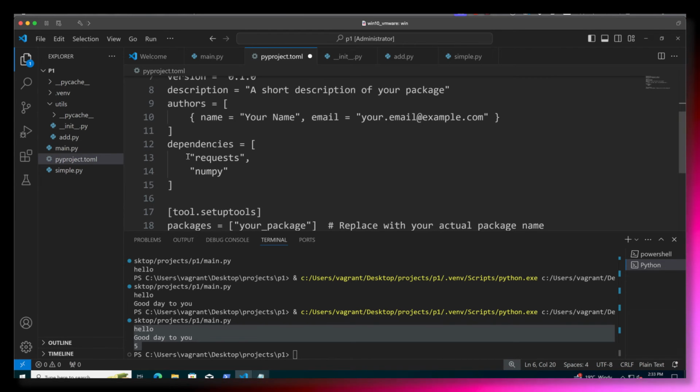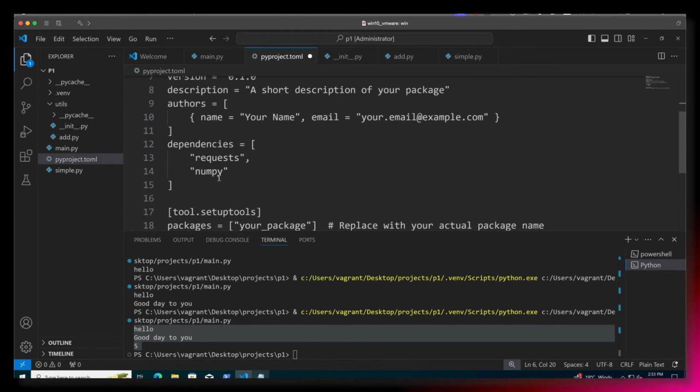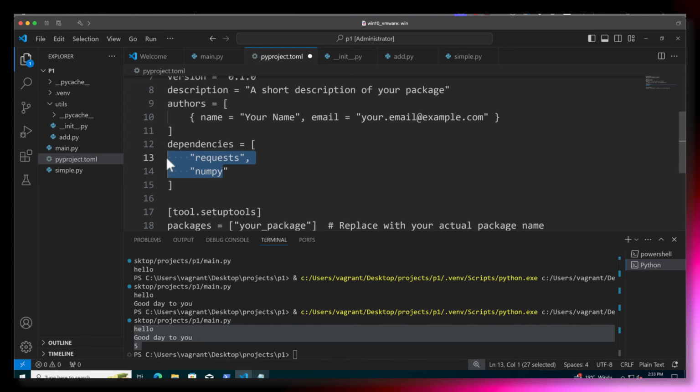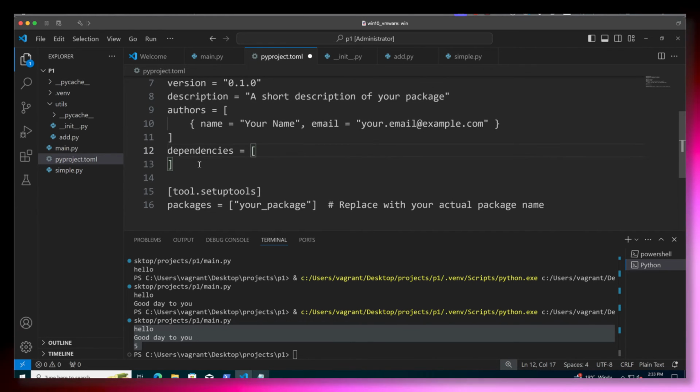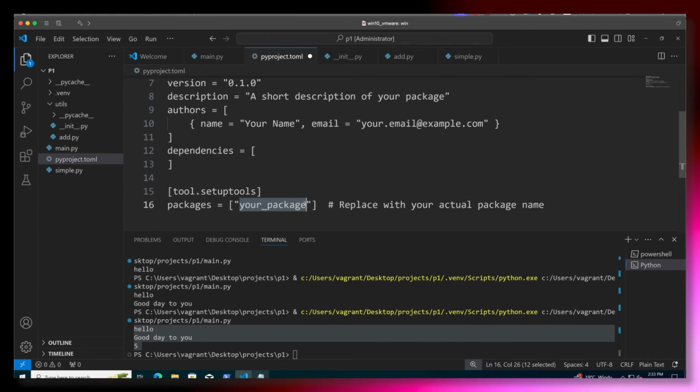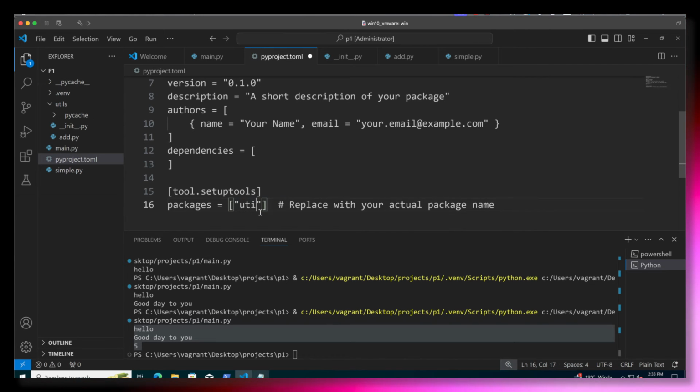As we scroll down, we can see then the dependencies. So this is replacing the requirements.txt. This really becomes a single source of truth file that we can work with. It's replacing the requirements.txt, but it's also replacing the setup.py file that was previously used before PEP 518. Now we specify when we run setup what packages we want to search.